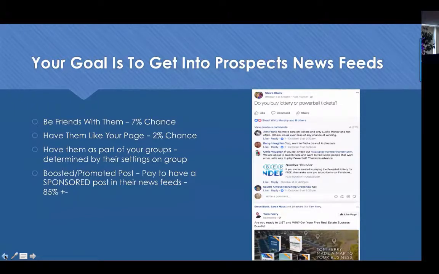the first way you could do it is to be friends with them. Now, let's say you have 1,000 friends on Facebook. The maximum is 5,000. You have about a 7% chance of achieving your goal by being friends with them on Facebook. Of course, they didn't connect with you as friends on Facebook to see about your business, to see about your store sale, to hear about the new listing you have. Why they connected with you was because they thought you're a nice person and you could keep relationships going.